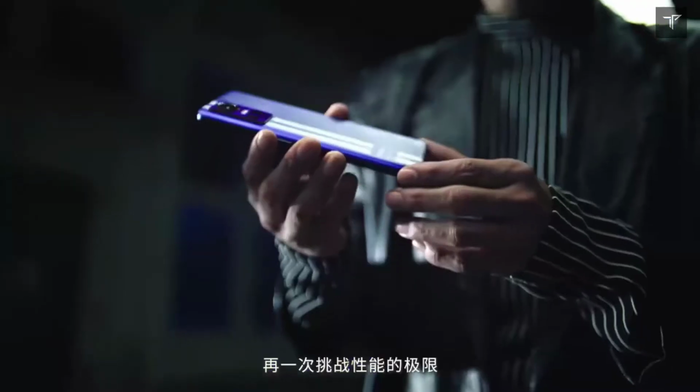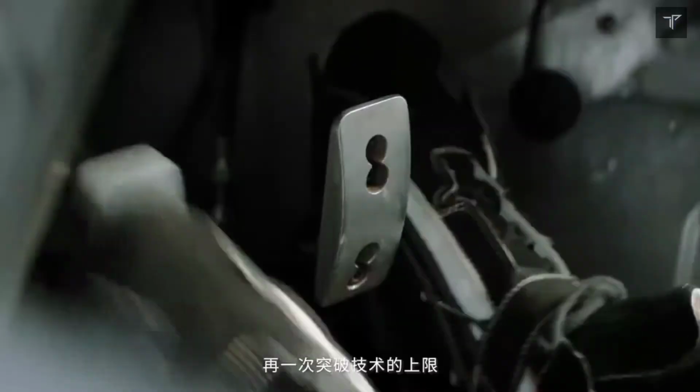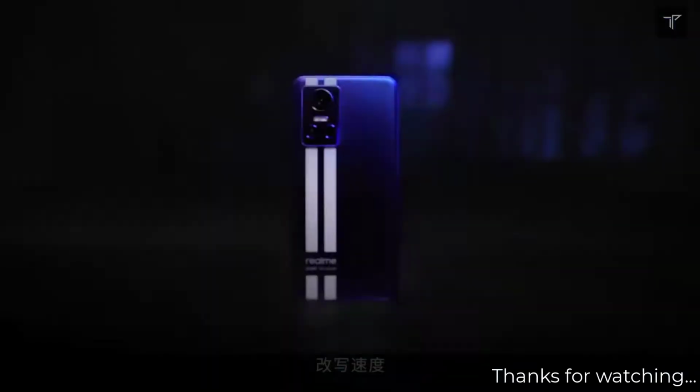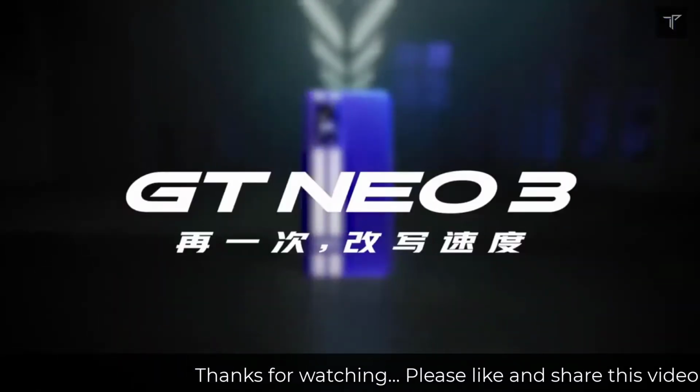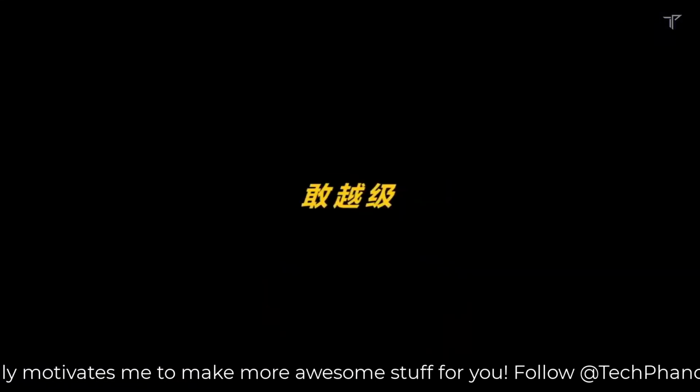And not only that, the other specifications will be that it will be coming with a base RAM of 8GB and 128GB of storage. And it's a T variant, so it will be a slight upgrade over the Realme GT Neo 3. Now, other than that, we also get an in-display fingerprint scanner, and it will be sporting an AMOLED